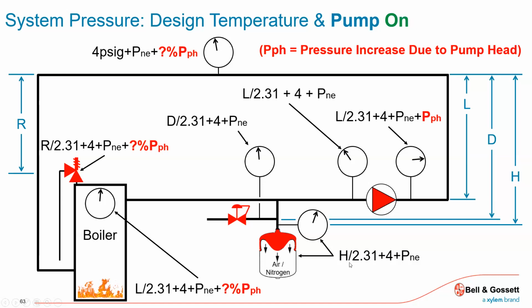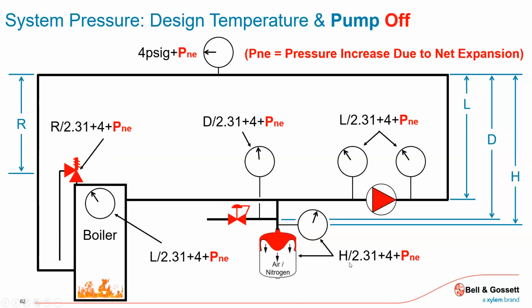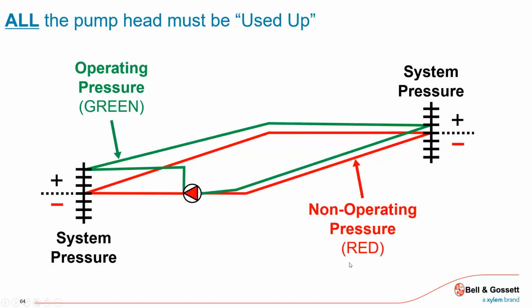And all it's reflecting is the energy, because you sat down, or someone on a computer said, hey, I need to move 200 gallons a minute at 50 feet of head, which is, round numbers, 23 PSI. So I'm going to see a 23 PSI increase on this gauge relative to when it's off, and I'm just seeing fill pressure. So that's another gauge pressure you're going to read out in the field you want to be aware of. All the pump head must be used up. And all it's saying here is whatever it can develop, when it turns on, if you have that gauge right at that discharge,